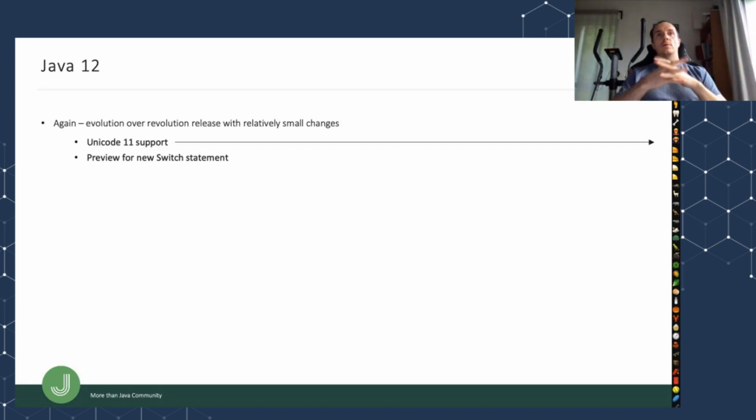Unicode 11 support, right? There's a bunch of small changes, but this one was a bit more interesting. And if you follow this line really carefully and look at the very right corner, you will see a bunch of emojis. And that list is definitely not final. I mean, it's actually a lot longer, right? But Unicode 11 brings along a bunch of